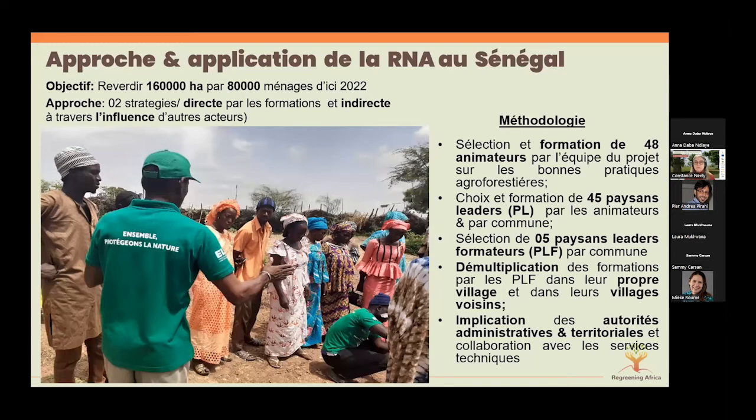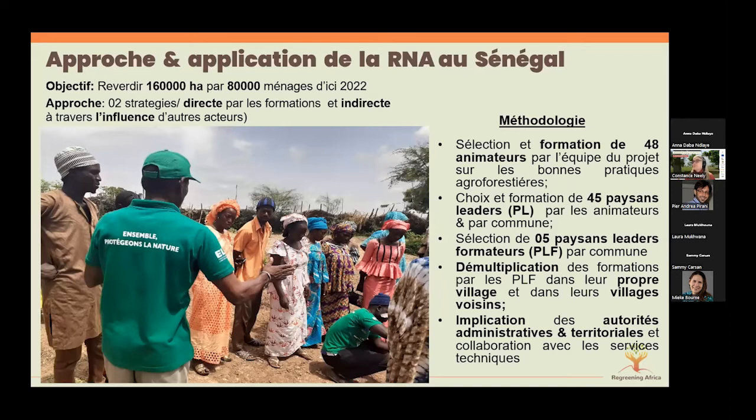With regards to the project, our aim is to regreen 160,000 hectares by 2022. And to achieve this, we have two approaches. We have a direct one and an indirect one. Talking about the direct approach,